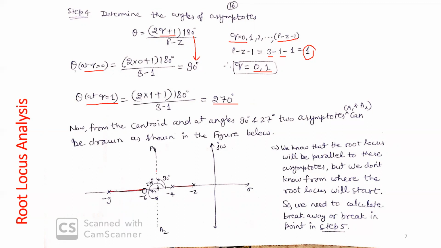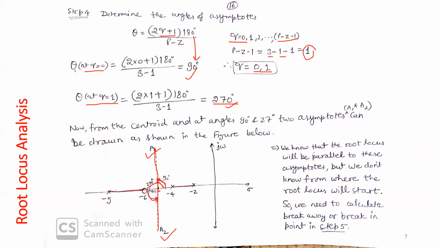So the angle is also clear. The centroid is also clear. Okay. So at -4.5 we have this centroid. From the real axis, in an anti-clockwise manner, you measure 90 degrees, the first angle, and the second angle is 270 degrees. From the real axis, you measure 270 degrees. Okay. And you draw the asymptotes. So the first asymptote starts from the centroid and goes at 90 degrees. Another one will go at 270 degrees. So I have two asymptotes, A1 and A2. Clear?